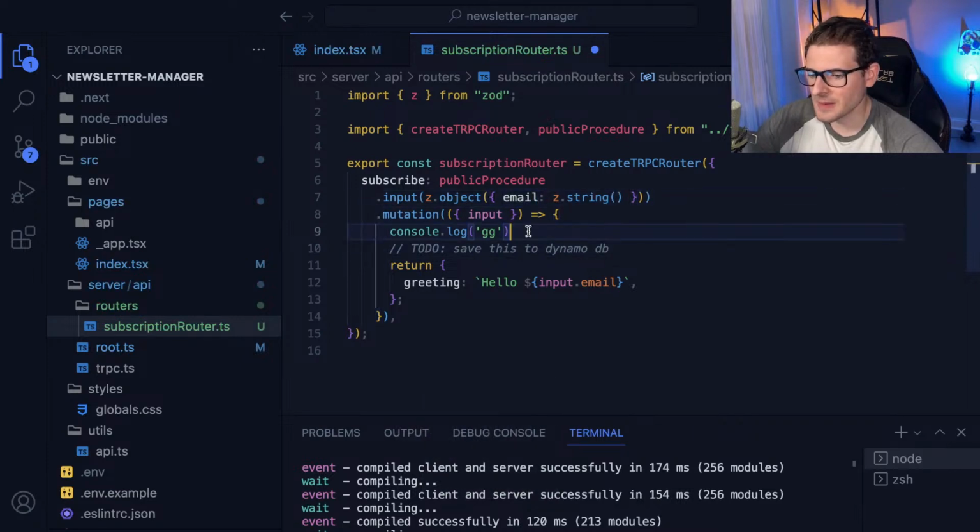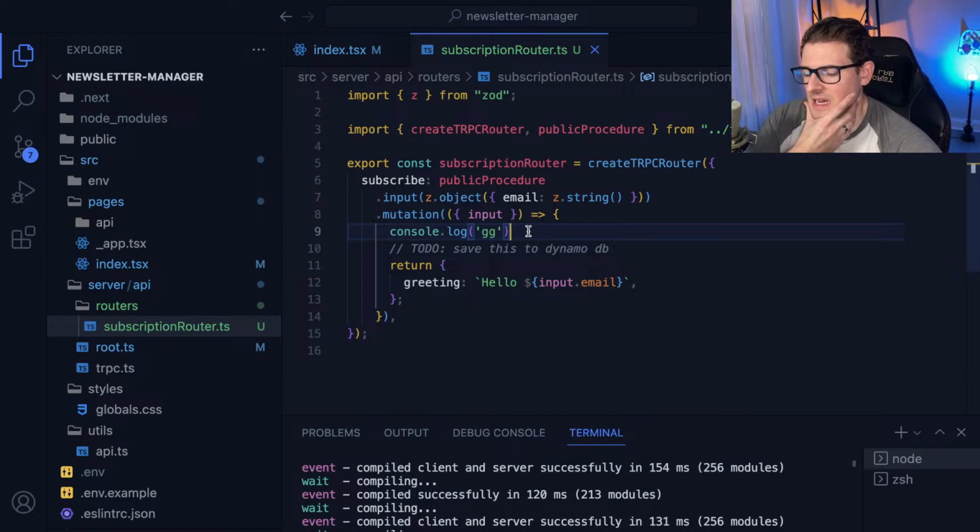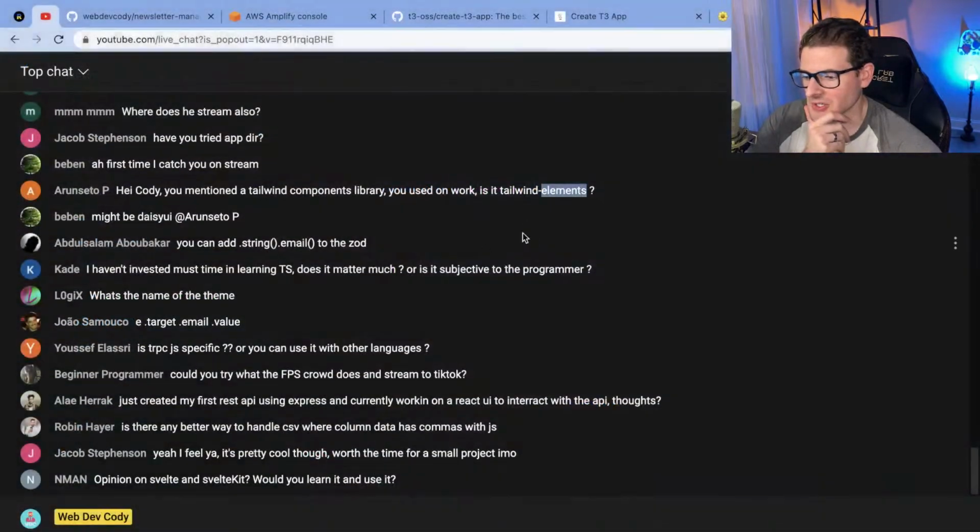That's happened so many times that I'm tired of dynamically typed languages, and I'm fully embracing statically typed languages. Because for every 30 minutes that you waste doing stuff like that, that's 30 minutes that you could have spent working on something important. But yeah, you don't have to learn TypeScript, but I will say that it does help. I'm not sure, I think right now TRPC is TypeScript specific.